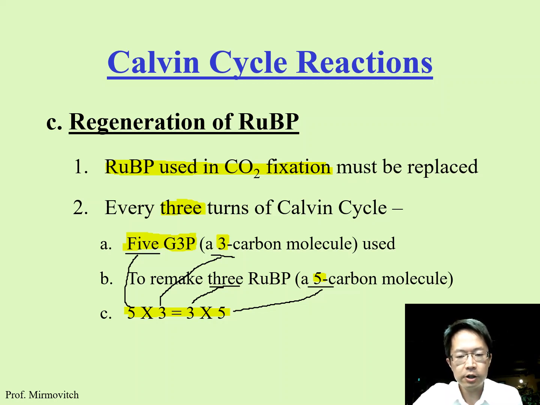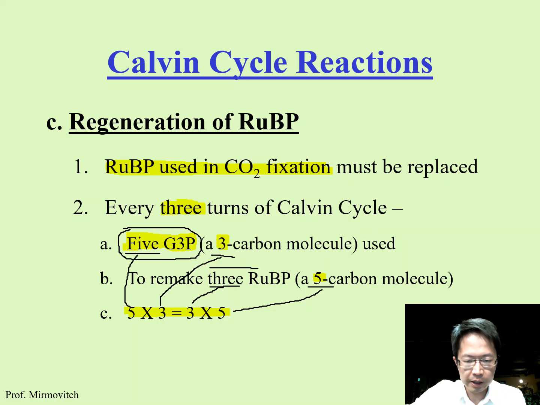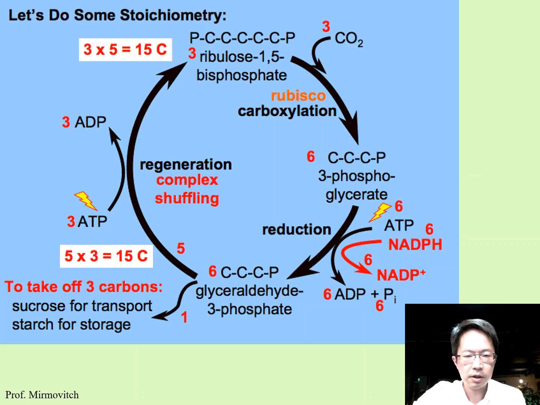So every 3 turns of the Calvin cycle, you can generate 5 G3P, and at the end of this, you can generate 3 RuBP from the 5 G3P molecules, at the end of the Calvin cycle. Okay, let's take a look